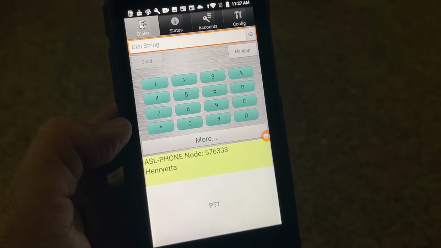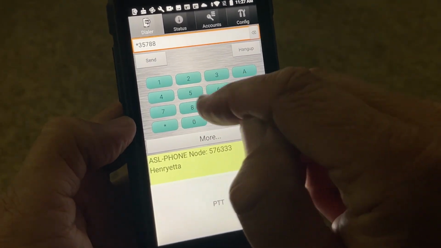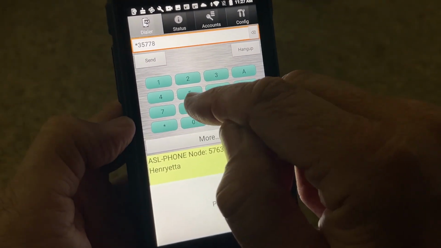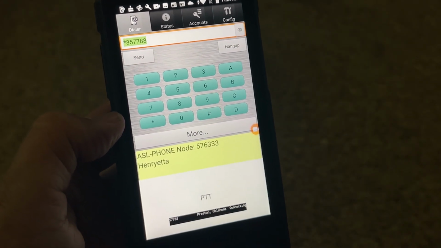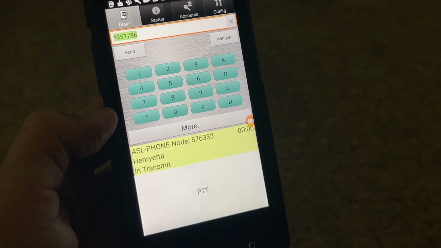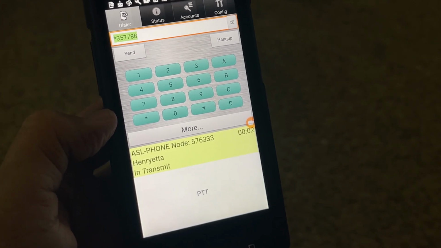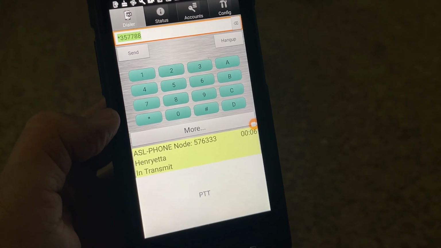576.333. Now let's hit *3 57788. Oops. That is my repeater up in Preston. Let's connect to it. You notice that right there? Node 57788 connected to node